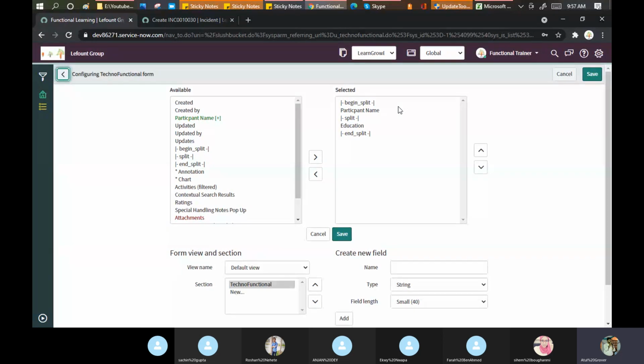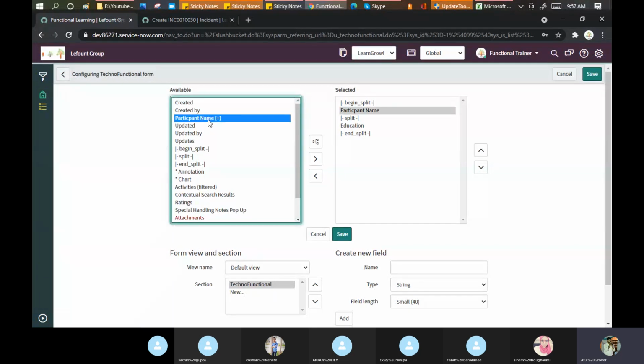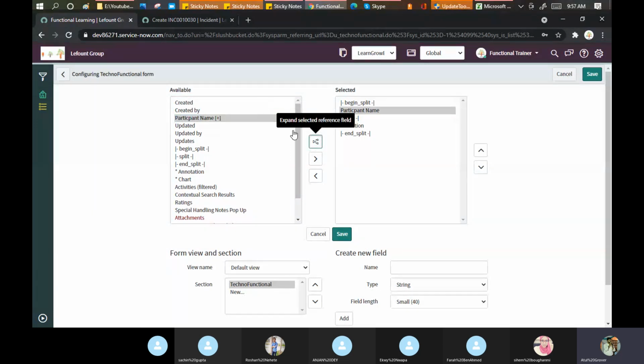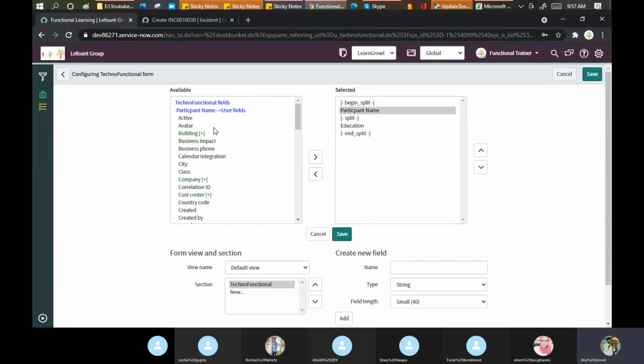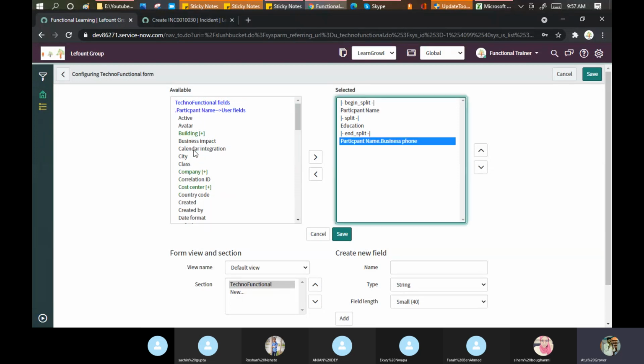Now, Sachin says, Atul, I want a lot of details on the form level. This is showing in green. Why? Because this is a reference field, participant name. I said, okay, let me bring more fields onto the form. I want the business phone number of that user.